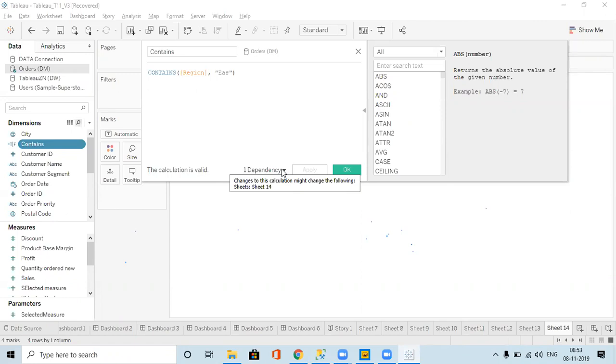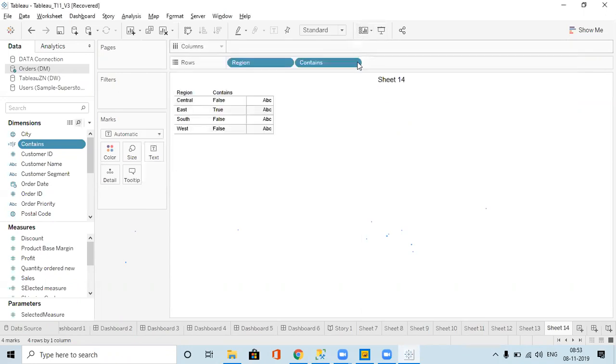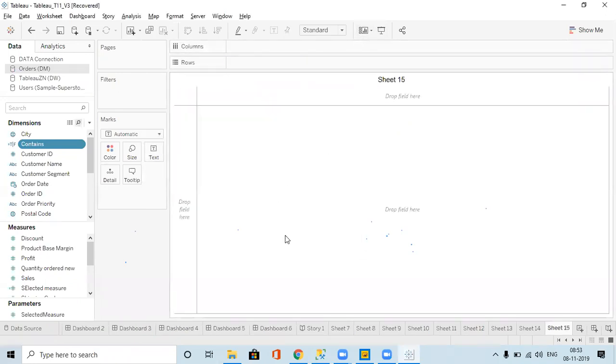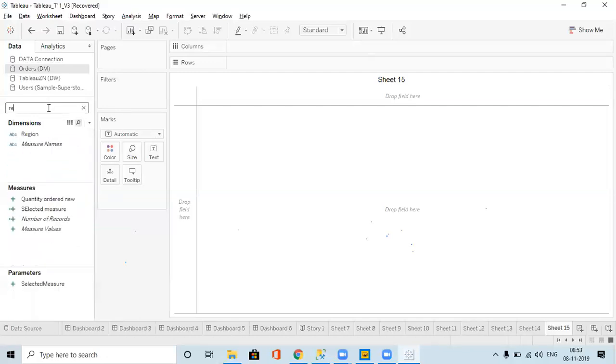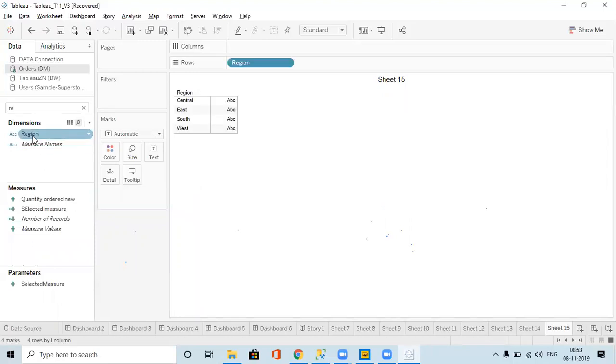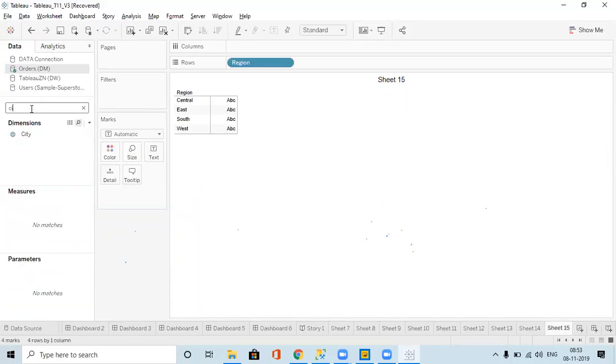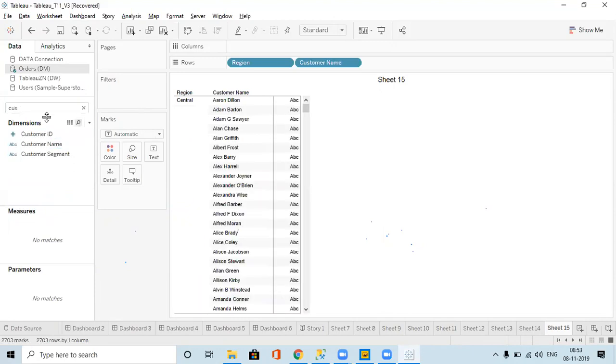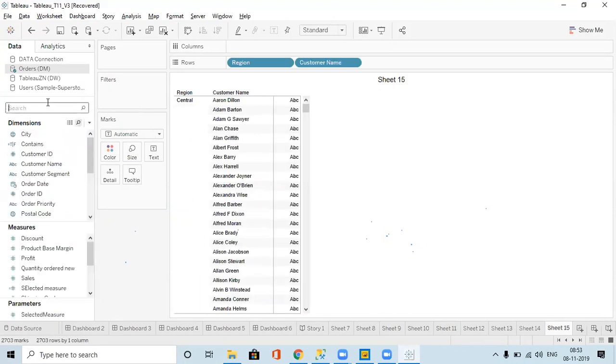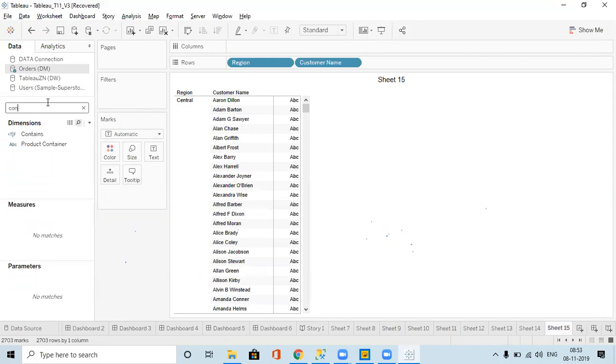Dependency means, for example, I have used this one, right? I'll go to sheet 15 also. I will take the region and the customer name, and I will take that contains.